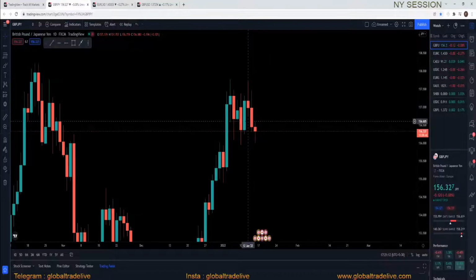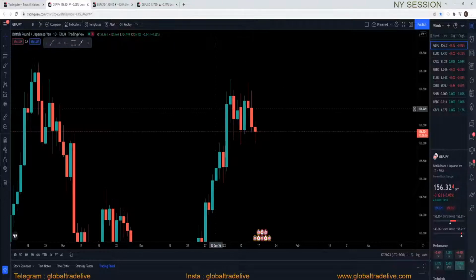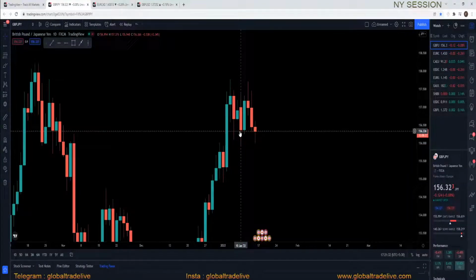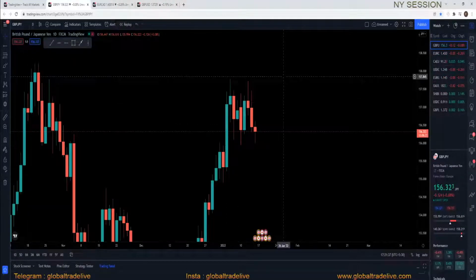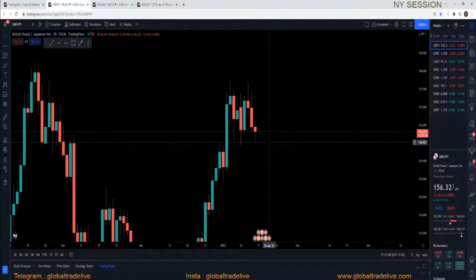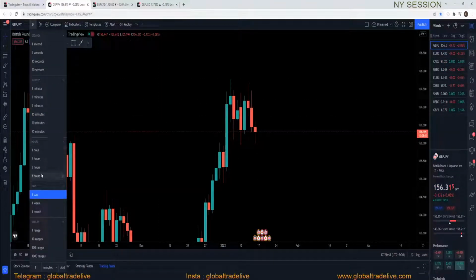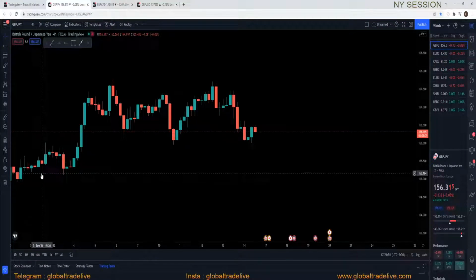And also it closed above this area, that means the market is totally consolidating at this point, because the market is moving up, down, up, down, up, down, up, down. So it's just purely consolidating. To take a sell entry, or to be more sure about sells, we need a daily candle closing below this area or above this area, which will give us some clarity. For now I really cannot say anything at this point, because the market can really reject this area and start to move up from here, because the market is just consolidating, so anything can happen. So to find that, we need to go to the 4-hour.